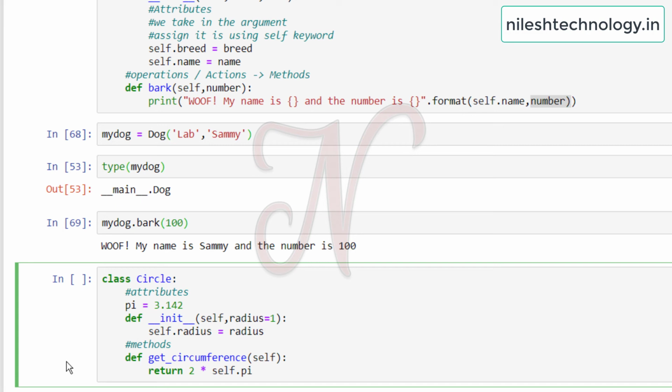Then self.radius. Radius is also an attribute of the class, set by the init method. Radius is not a parameter of the get_circumference function, so here we need to use the self keyword.